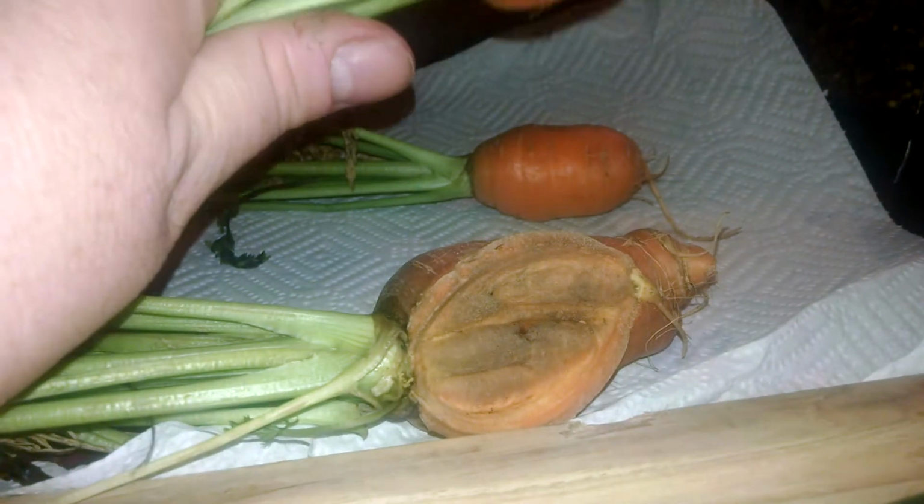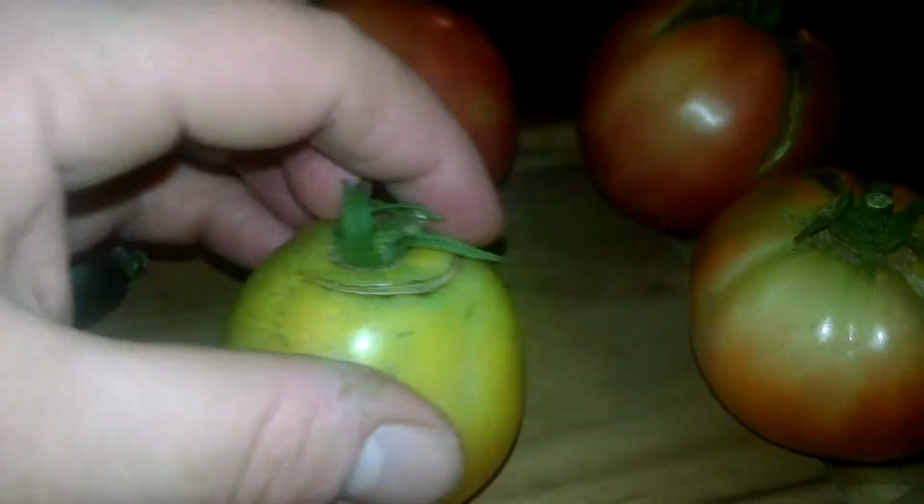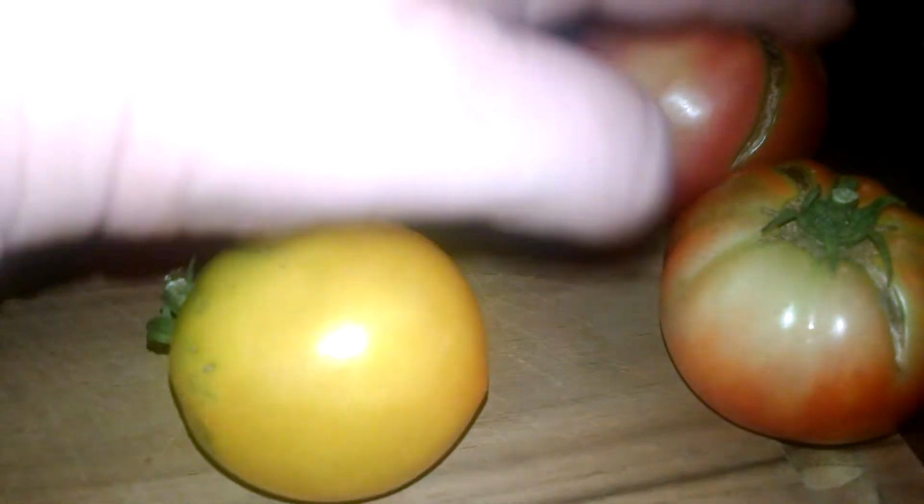And then again, I got another baby carrot that I did not mean to get, but I was grabbing one of them and it came with it. So I went ahead and pulled it too. Then I got another Lemon Boy tomato and a couple more Bradleys, and then